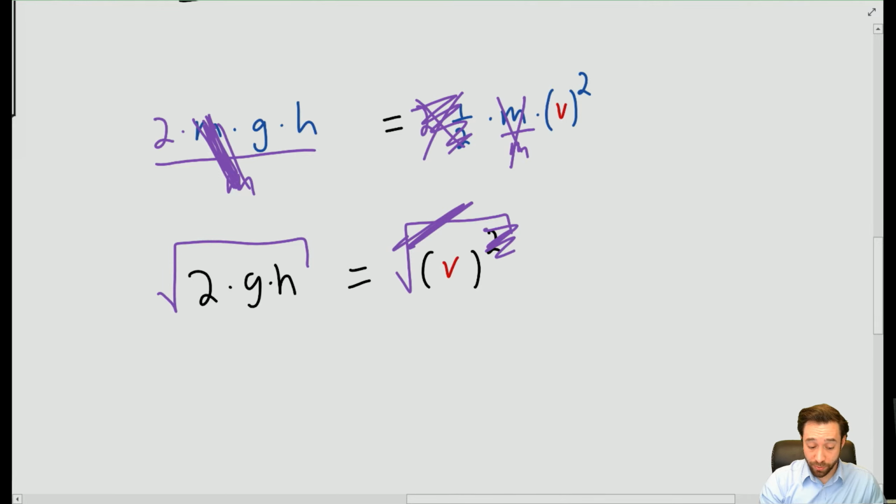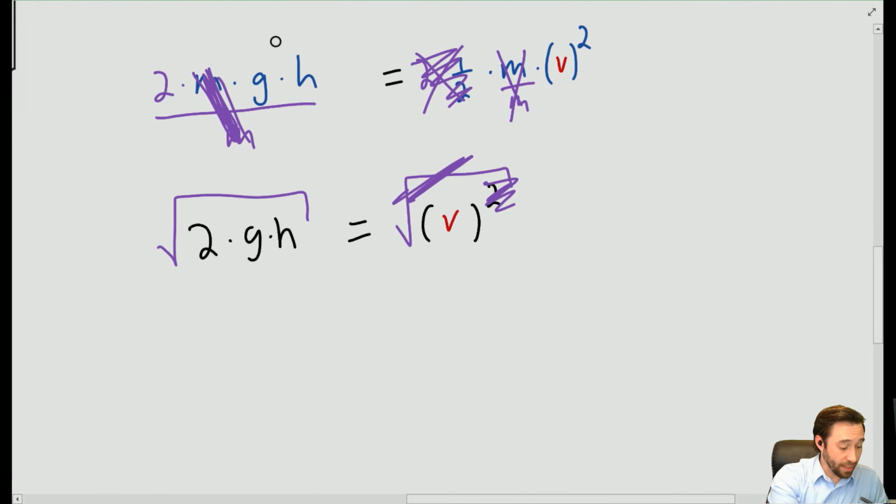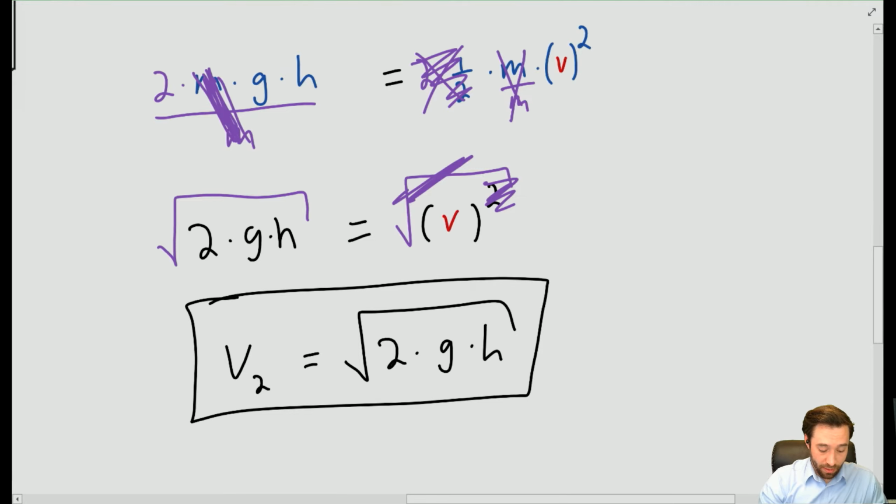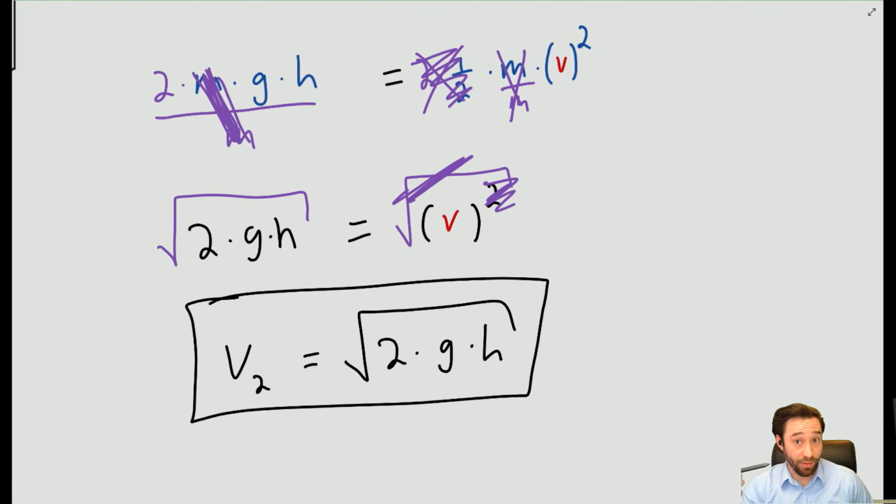And since I square rooted on the right side, I must do it on the left side. So the equation that I get for my velocity, now this is the velocity at state 2, is going to be the square root of 2 times the acceleration due to gravity times the height. So if I'm given the mass, the acceleration due to gravity, the height of the object, and the spring constant for this problem,